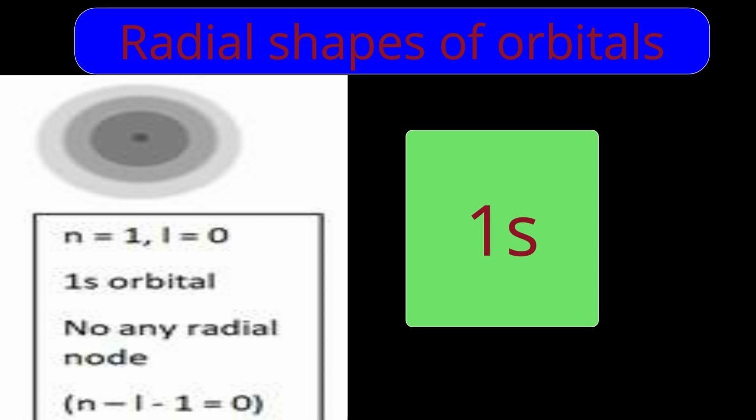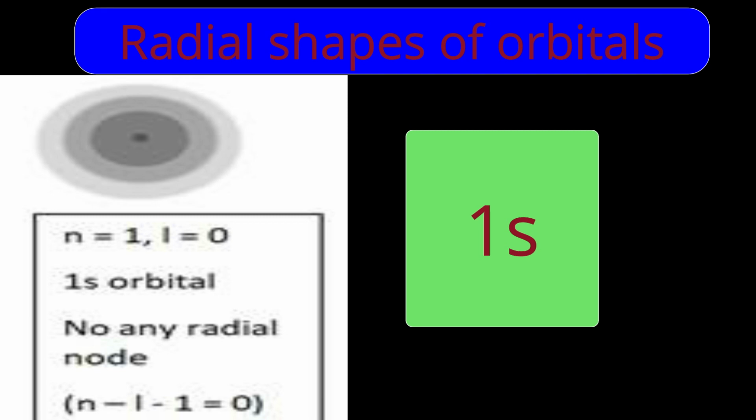Now answer my question. In our journey from the nucleus to the last portion of the orbital, did we find anywhere a gap? Did we find anywhere a node? Did we find anywhere absence of wave? Absolutely not. Electron density decreased, but electrons were there. So there is no node in this orbital. Zero is the number of nodes for the 1s orbital. Now I inform you the formula to find radial nodes: number of radial nodes is equal to n minus l minus 1.